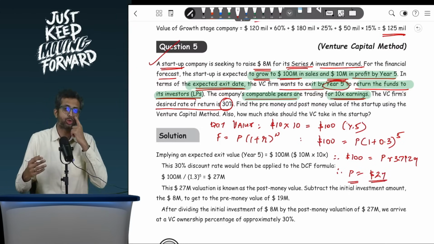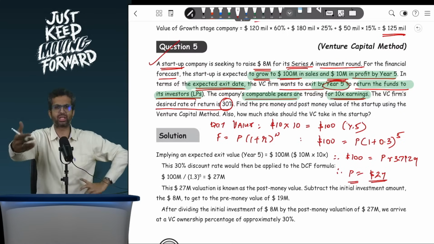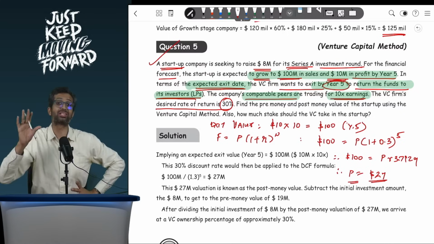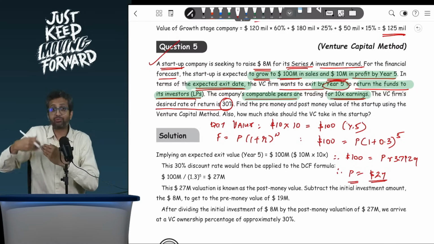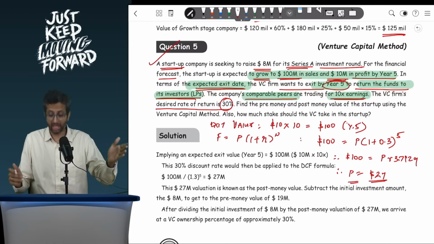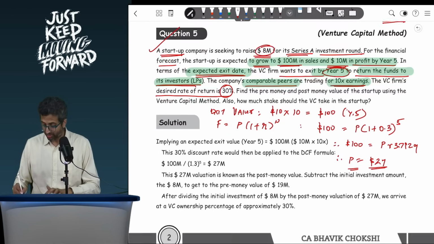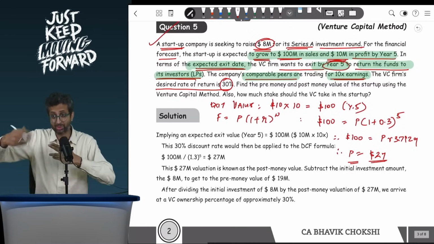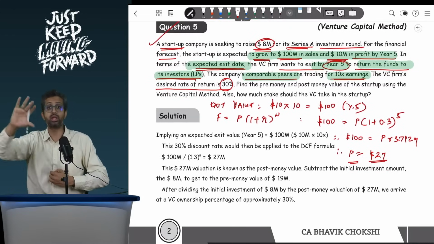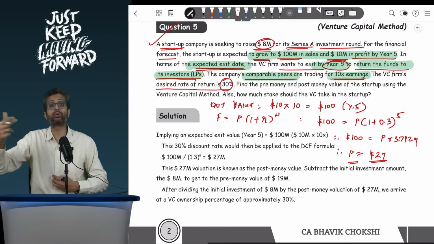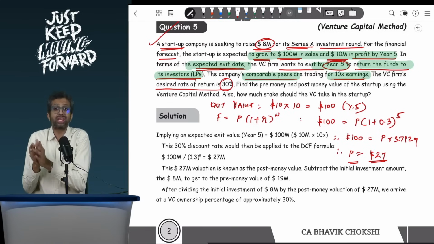But this is the value today, provided the venture capital fund does the funding. This is called post money value. Post money means after my investment, what is the value? But I am investing $8 million. So over here, the total value is 27 after my investment, which will grow up to 100 million after a period of 5 years at the rate of 30% rate of return. So this is 27 million, my post